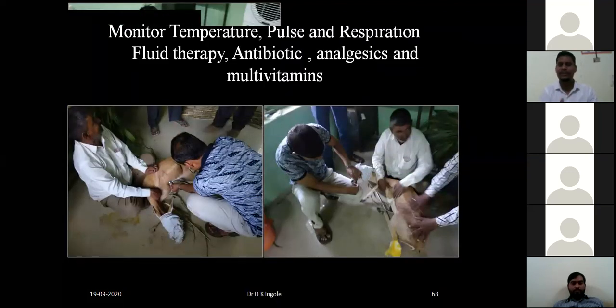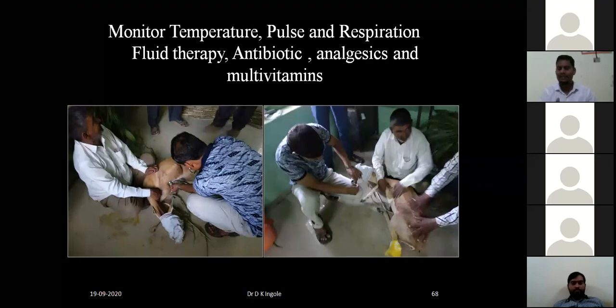So in this case, we have successfully amputated, and surprisingly after the operation, that deer, she was female, aborted. We didn't know whether she was pregnant or not. When giving xylazine and ketamine, xylazine should not be given more than 40 mg total dose in the case of deer. Ketamine you can give 5 to 7 mg per kg body weight. So this was a very nice experience, and a very rare surgery successfully done. The RFO also appreciated our efforts in the successful operation in deer.